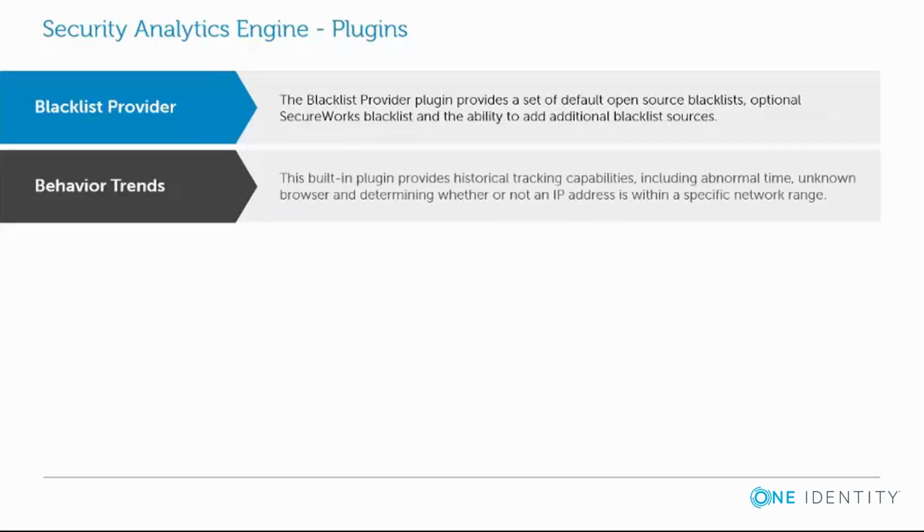The next plugin we're going to talk about is one based upon behavior trends. And this is what I like to call a forensic thumbprint about every user that accesses the environment. So what do we know about a user? We know the IP address, we know geographically where they are, we know the browser they're using, the applications they're trying to access, etc. And what we're going to do is basically build an individual profile about every user that attaches to the system. And as long as you maintain that thumbprint, as long as your thumbprint doesn't change, then you're now considered